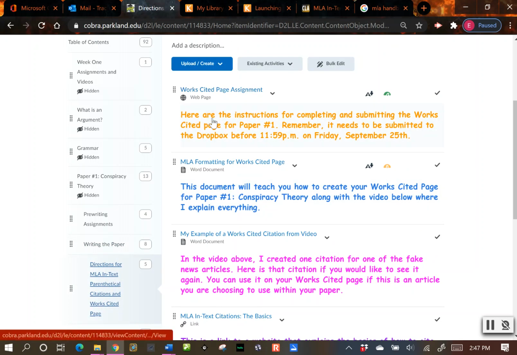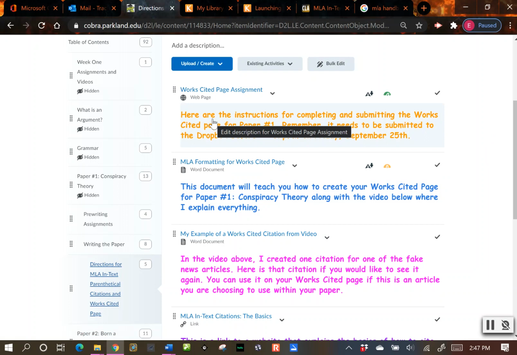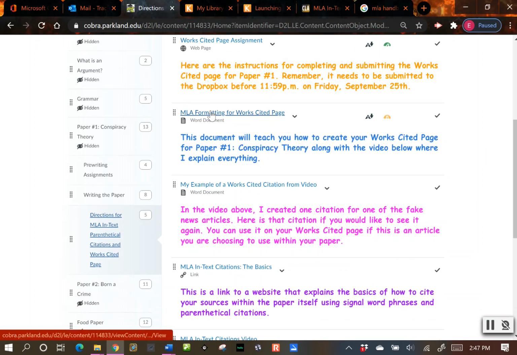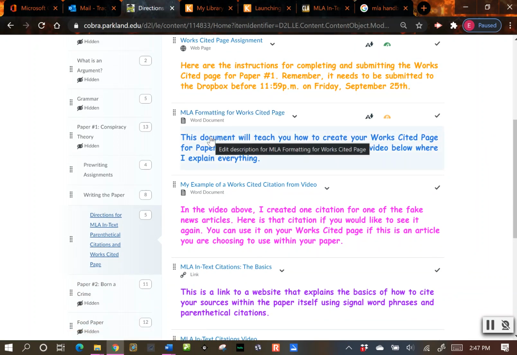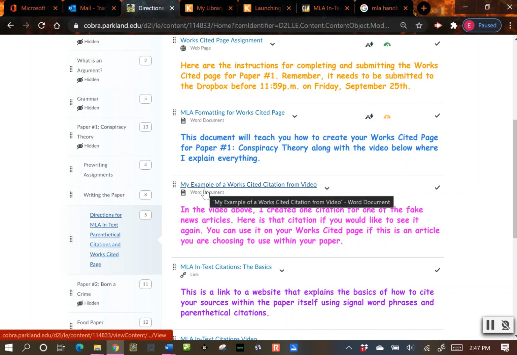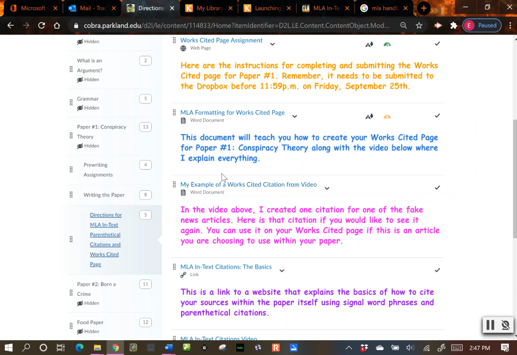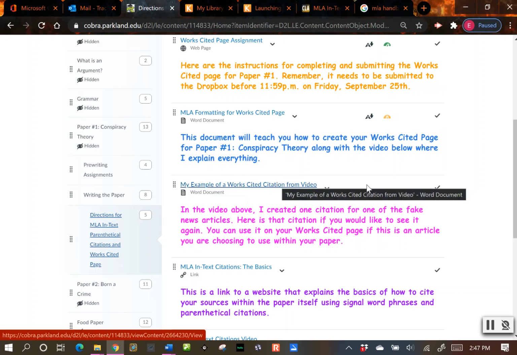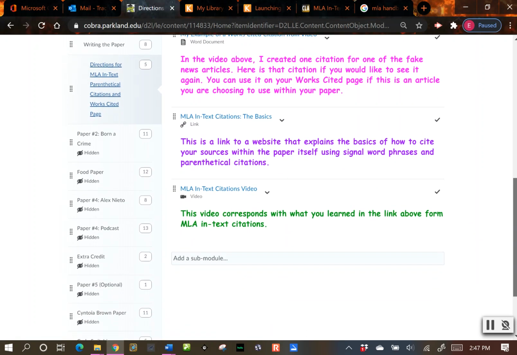So here are the instructions for how to do your works cited page assignment, the formatting guidelines for it, the document. Here is the example that I created. There'll be a link right here in between for the video where I go over this document. And in that video I created an example citation for one of our articles. So it's here in a Word document if you want to go look at it and use it if you decide to use that